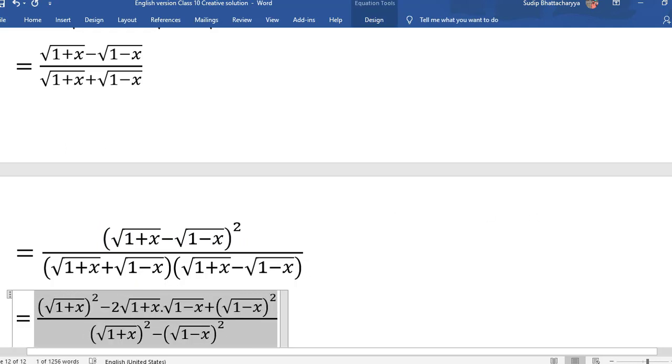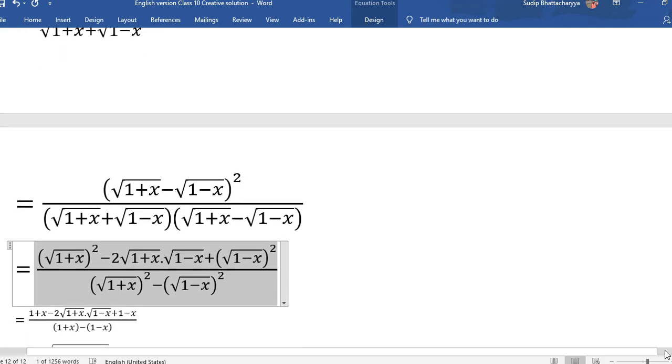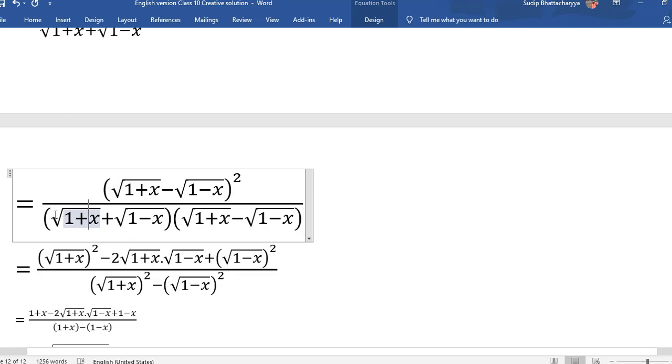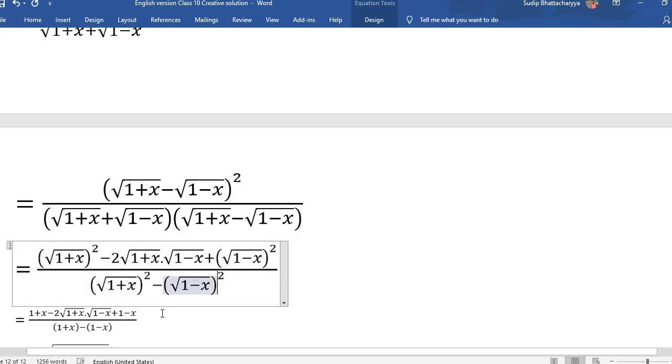as a whole square we can put a formula here, a square minus 2ab plus b square. So root over 1 plus x whole square minus 2 into root over 1 plus x into root over 1 minus x plus root over 1 minus x whole square here. And as a denominator we can put the formula a square minus b square, so root over 1 plus x whole square minus root over 1 minus x whole square. And by this you can simplify it like this,